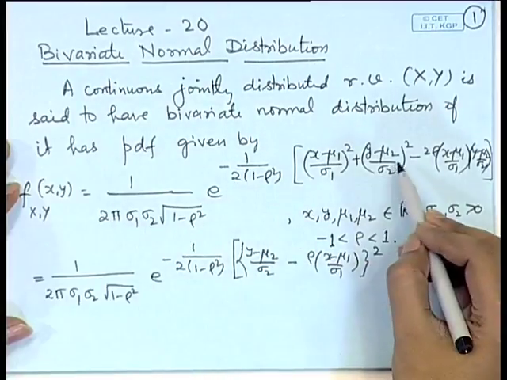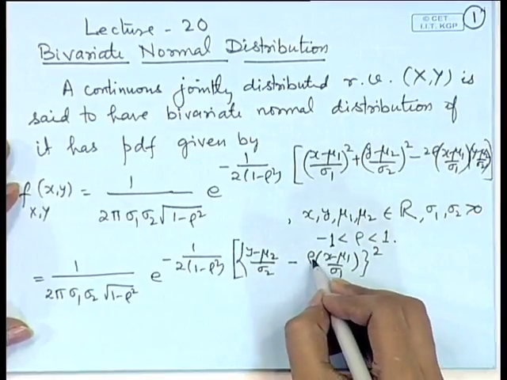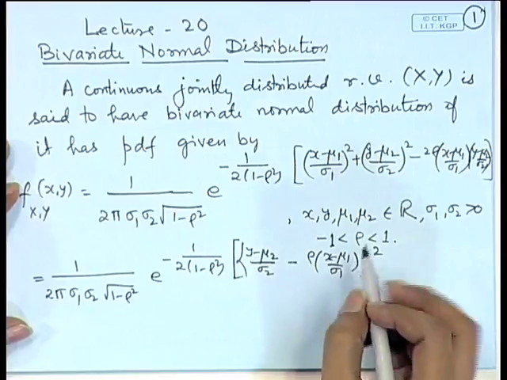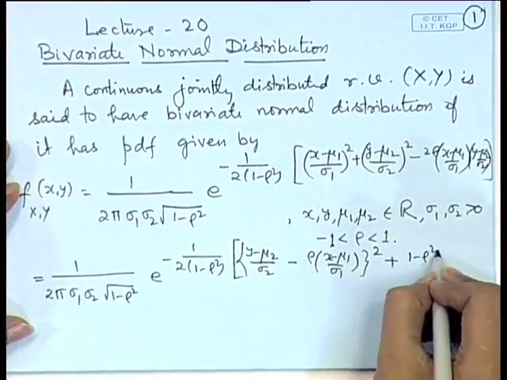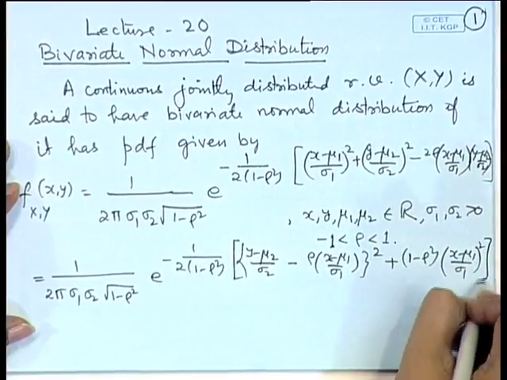Now, this square corresponds to this and the cross product term corresponds to this. That means I have added rho square into ((x minus mu 1) by sigma 1) whole square. So, if we subtract this, I will get the term as (1 minus rho square)((x minus mu 1) by sigma 1) square,